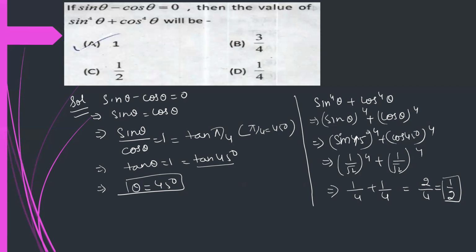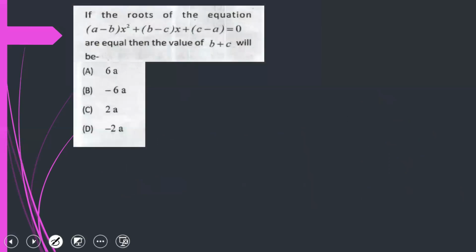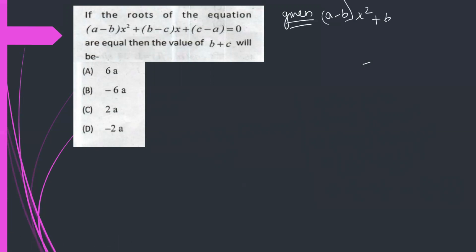Now, moving on to the next question. If the roots of the equation (a minus b) x square plus (b minus c) x plus (c minus a) equals 0 are equal, then the value of b plus c will be 6a, minus 6a, 2a, or minus 2a. Let's quickly solve the problem. What is given to us? We are provided with (a minus b) x square plus (b minus c) x plus (c minus a) equals 0. And when it's about equal roots, we know that